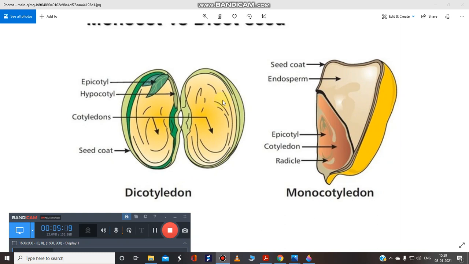This is the monocot, that is maize. You have seen maize grains, monocot. For the example, remember, like rajma. If we talk about the monocotyledon seed, it has different parts like seed coat, endosperm, epicotyl, cotyledon, and radicle. You have to remember these parts. And in case of dicot, we again have epicotyl and hypocotyl. There is no hypocotyl over here. Then you have a cotyledon over here, one cotyledon, two cotyledons. That's why they are known as dicot, because it has two cotyledons. Di means two. And yes, the seed coat is there.